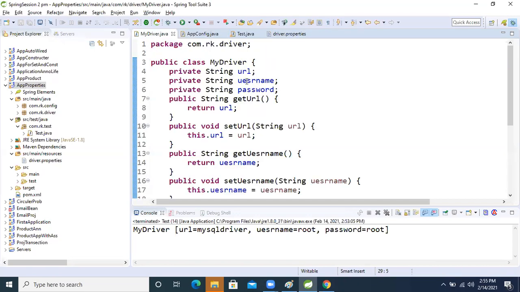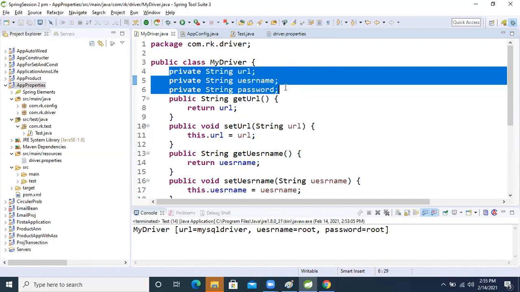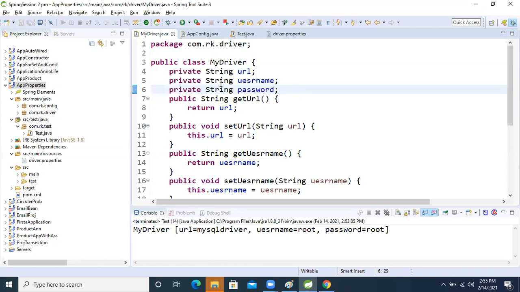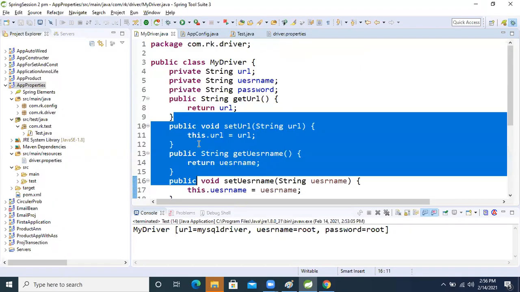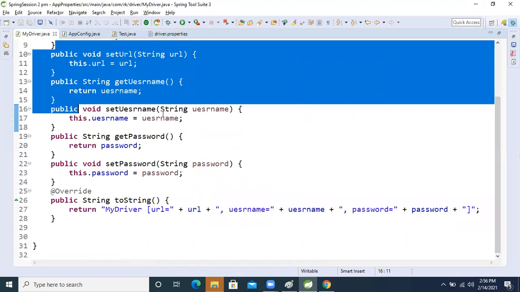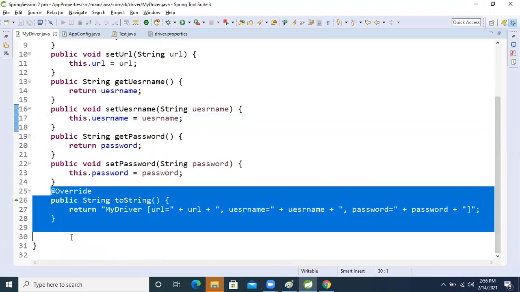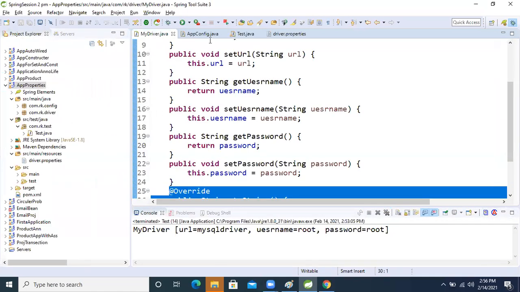Okay, yes, sir, this file only. Now these three attributes I taken. Sorry for that. Actually your voice is breaking too much. On my side only a network issue is there. No, sir, on my side I think there is a network issue. Okay, now see that these three attributes I taken, and based on the three attributes I perform just setter and getter methods, and I override the toString method. Nothing more inside it. Now clear?